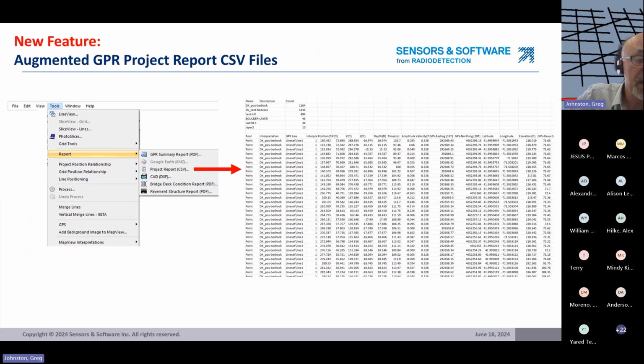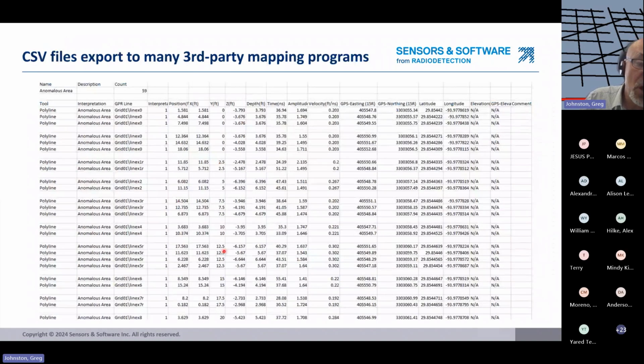And so we have a setting, if you go in under the reports option, one of the report types is a project report, which is a CSV output. And when you look at the CSV, we have columns and columns of information: the name of the interpretation, what line it was on, the name of the GPR line that it was on, the XYZ coordinates, the depth, the time,